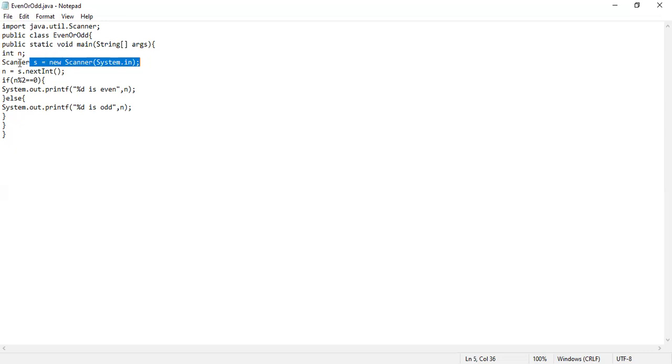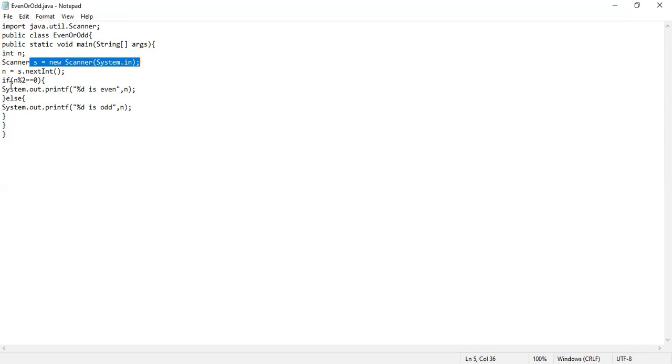Now, as usual, we need to write logic to check whether the given number is even or odd. For that, we are using an if else statement. In an if else statement, it first checks the condition under if, and only if it is true, it executes the statement under the if part. Otherwise, it executes the statement under the else part.